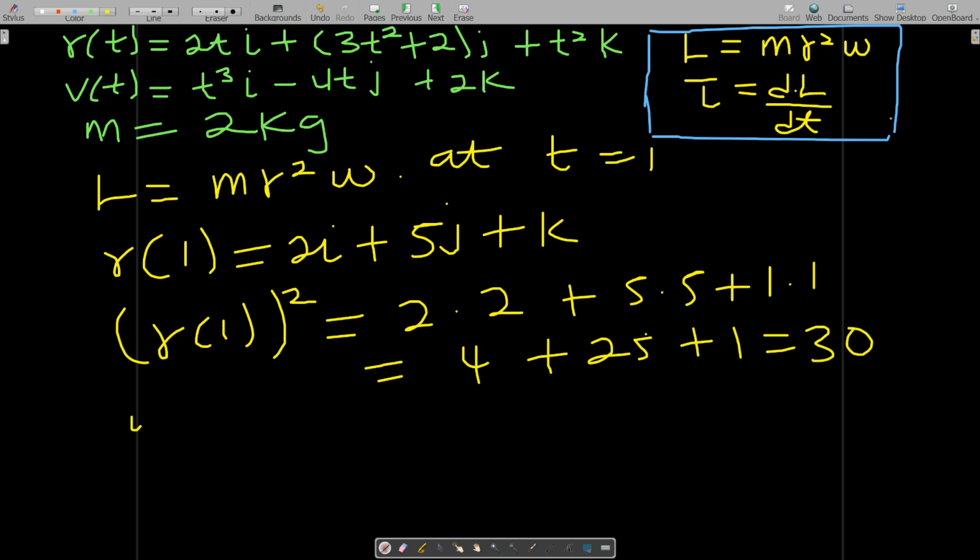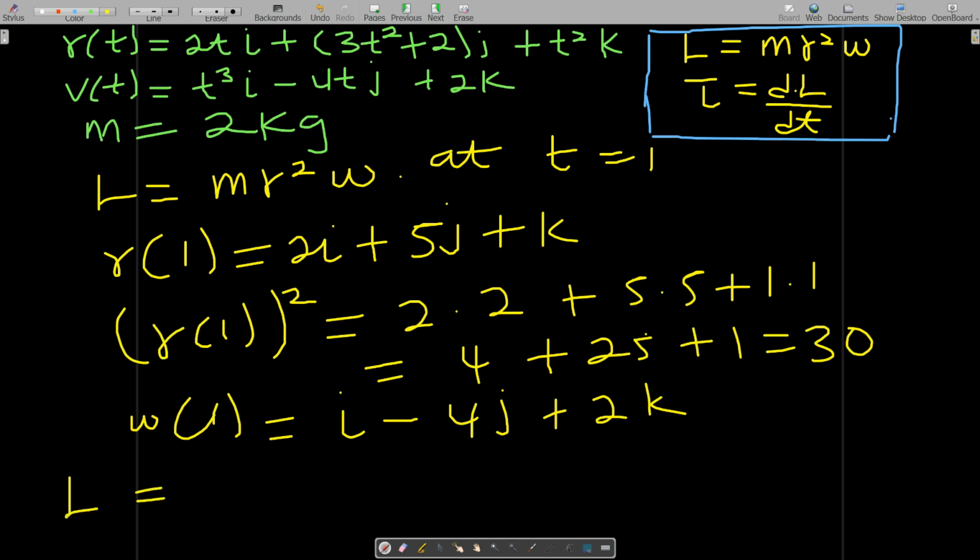Now omega at 1 is equal to i, because if I put 1 in place of t cubed, I'll get 1, so minus 4j plus 2k. Now the mass is also given as 2 kilograms, so my angular momentum will be equal to the mass, which is 2, times r squared. r squared is 30, so 2 times 30 is 60, then multiply by the whole of this,